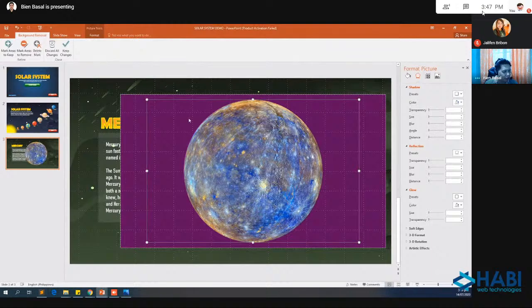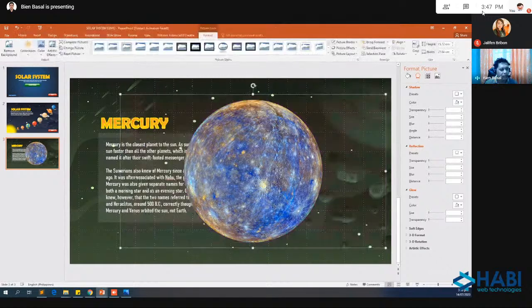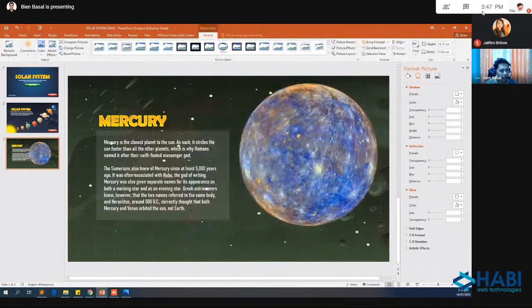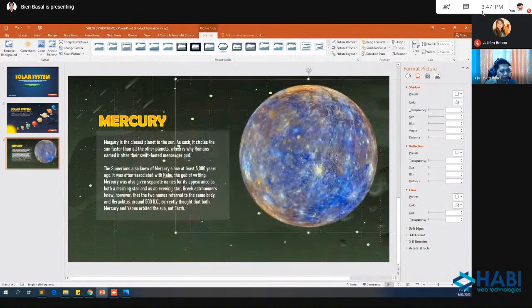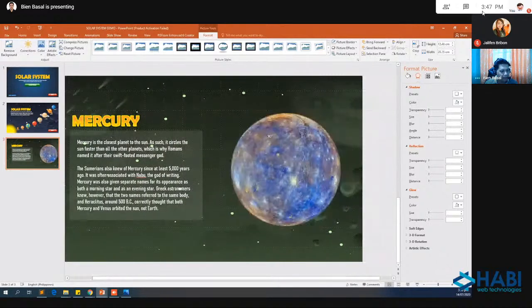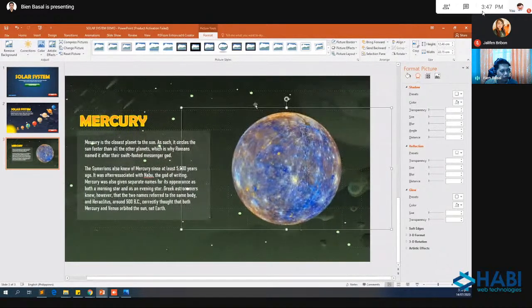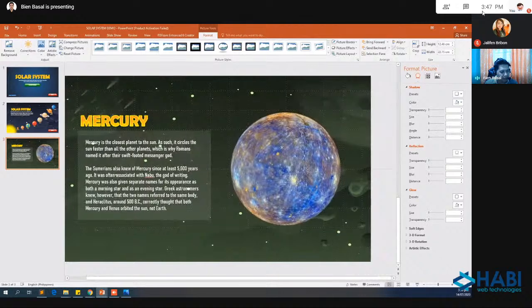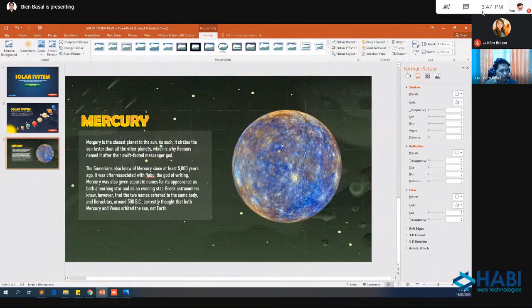Once done, when you're okay with it and the shape of our Mercury is visible, click outside. See? You have an instant removal of the background. And again, resize your planet. Again, I'm using 1, 2, 3, 4, 5, 6 columns only, so that it looks more neat.